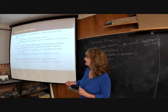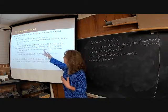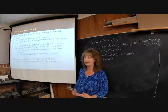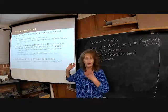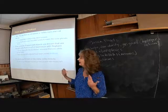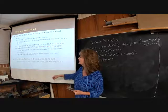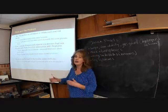So over a dozen Kuiper Belt objects are known that are getting caught up with Pluto in a resonance. They call this 3-2 resonance with Neptune, meaning they orbit the sun twice, whereas Neptune orbits it 3 times. So this 3-2 resonance that they talk about, and they're calling those Plutinos. And of course, these formed way out in the outer solar system. So how do they end up getting caught in